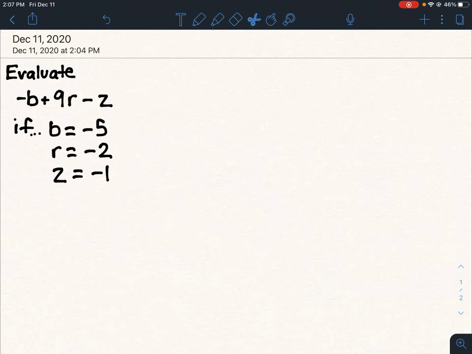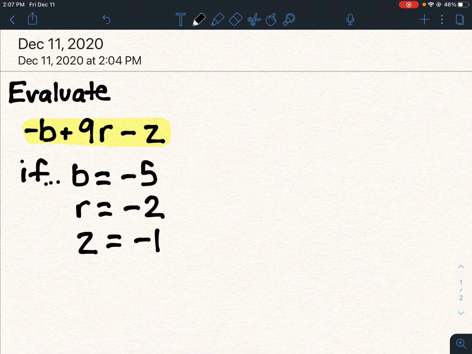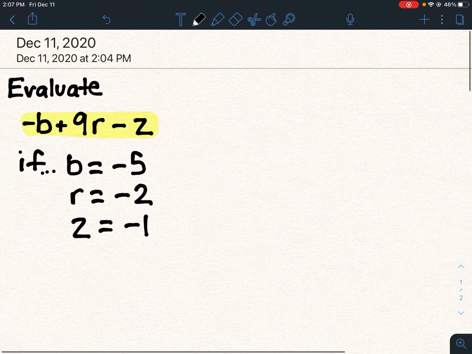Today we're going to go over evaluating algebraic expressions with integers. This is an algebraic expression because there are variables, numbers, and operations. So what we're going to do is look at how do we evaluate this expression if we know the value of each variable. So the first thing we're going to do is rewrite the problem but replace all the variables